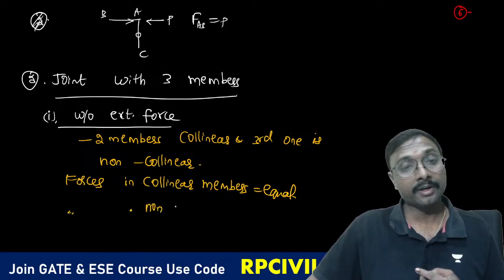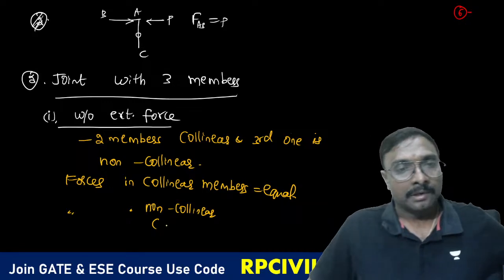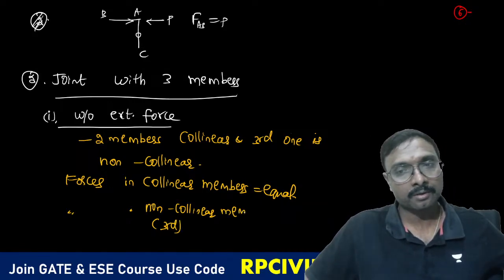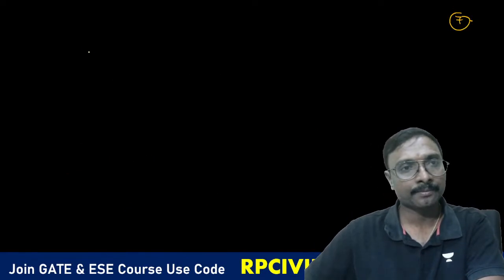Forces in non-collinear members, with a third member. What does it become equal to? Equal to 0. So why will it become 0? If you just observe,